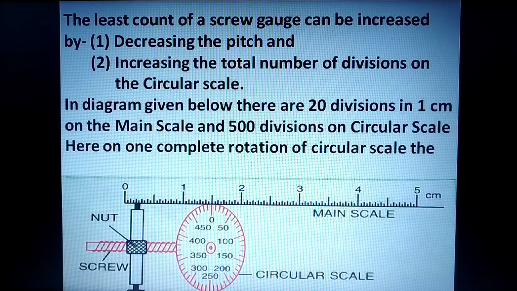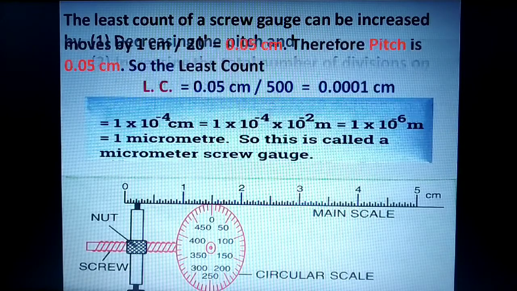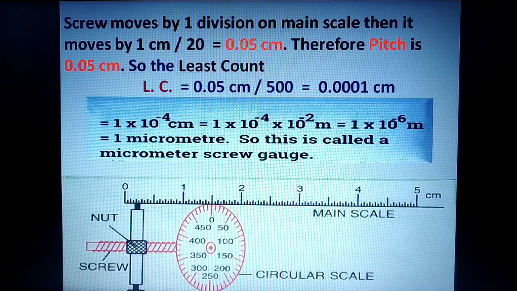Here on one complete rotation of circular scale, the screw moves by one division on the main scale. Then it moves by that one division, which is equal to 1 centimeter divided by 20. So that one division is equal to 0.05 centimeter. Therefore pitch is 0.05 centimeter. So the least count is 0.05 centimeter divided by 500, which is the total number of divisions on the circular scale. That gives